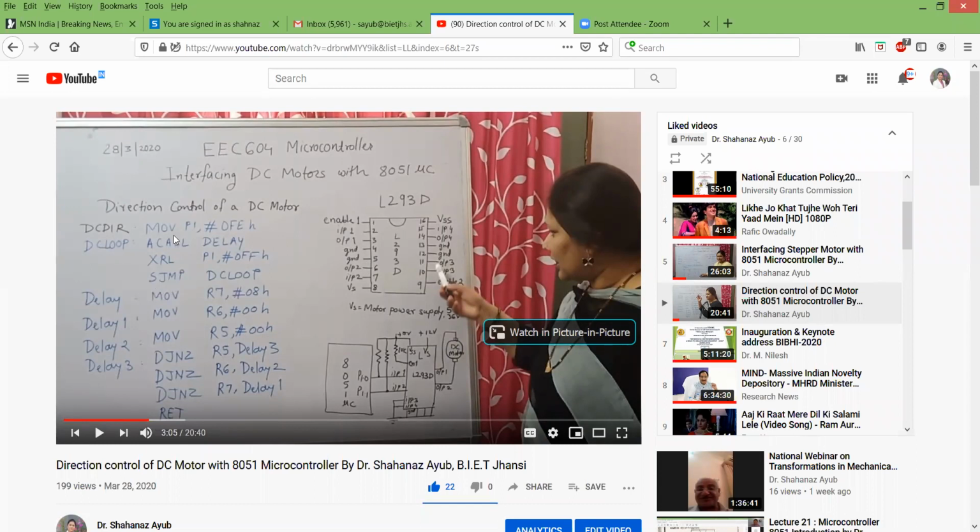Yes ma'am. The program is very small, but when you are interfacing, you should not connect the DC motor directly to the port pins; you have to connect an L293D motor driver IC. This L293D is a 16 pin IC and it has 4 drivers inside it, out of which we are using 2 drivers because a DC motor has 2 terminals. Whichever delay is asked of you, you have to write the delay program accordingly. It is not that I have taken 080000 always. This is just one example to understand; you may be asked to put a delay of some milliseconds, some seconds, etc.